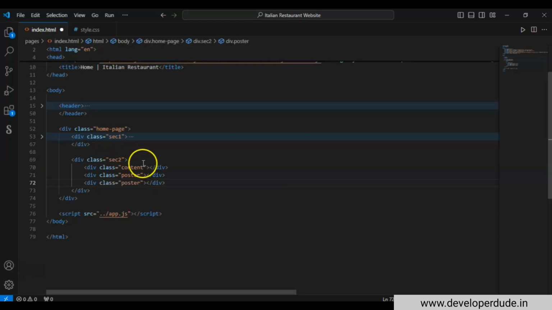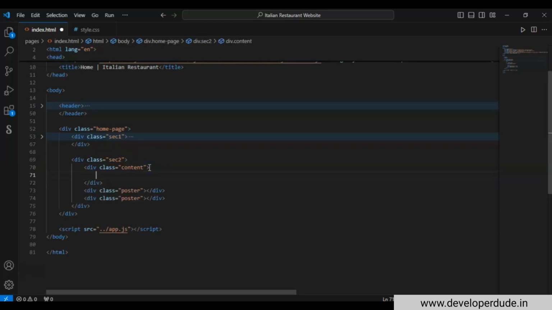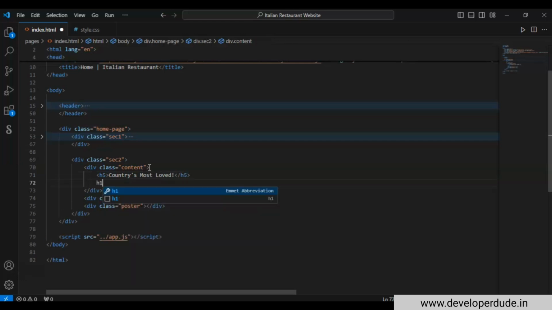In the content div, add an h5, heading 5, and right here write countries most loved. Now heading 1, right here welcome,